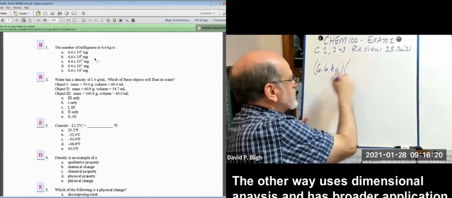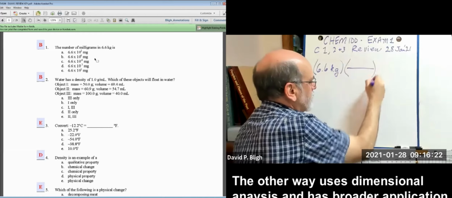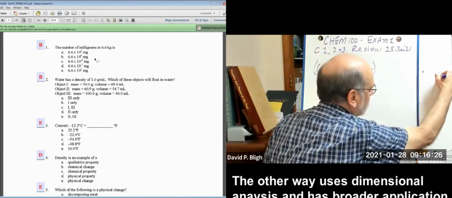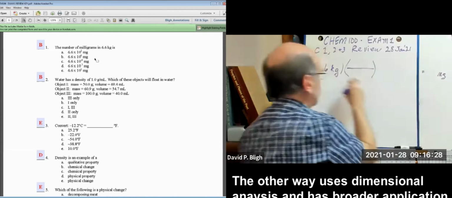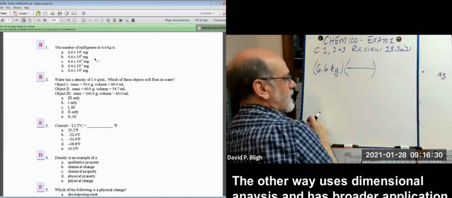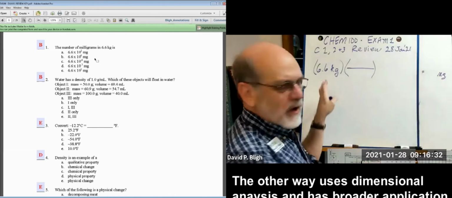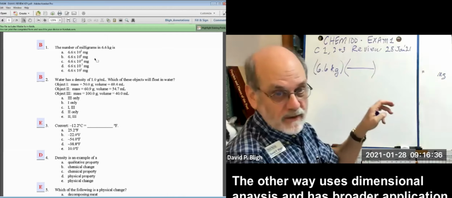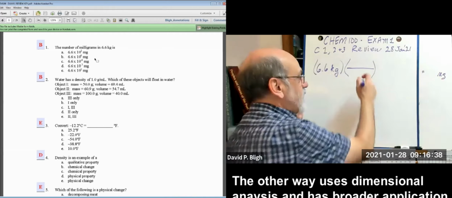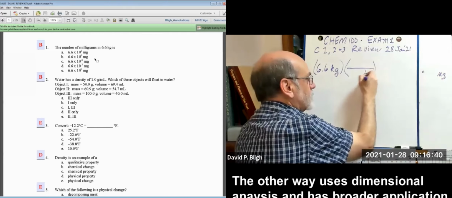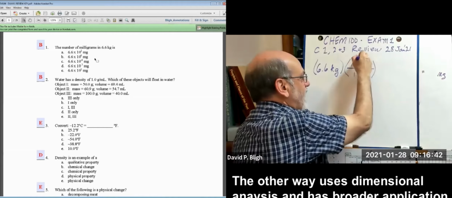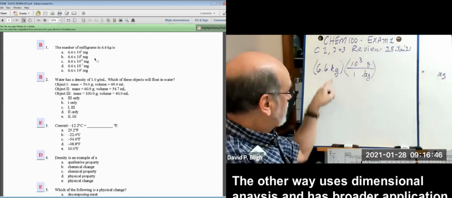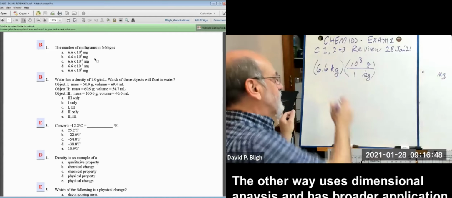So what's the relationship? Well, here's where we want to end up. Milligrams. We're going from kilograms to milligrams. But suppose I don't know a direct conversion between this one and that one. But I do know that for every kilogram, there are 1,000 grams. Right? And now why did I do it that way? Because